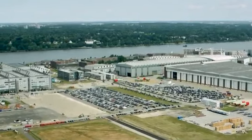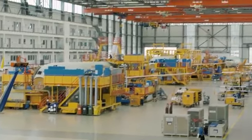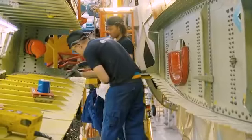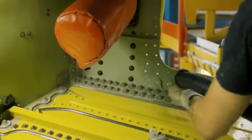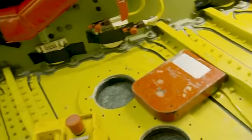Back to the final assembly of the A320. The previous day saw the wings attached to the fuselage. Today, they will be fastened securely in place. Once the wings have been withdrawn from their initial drilling position, all of the holes and the interface areas are